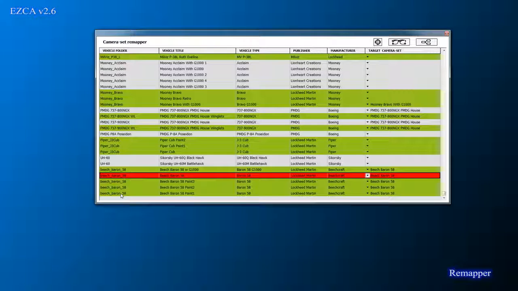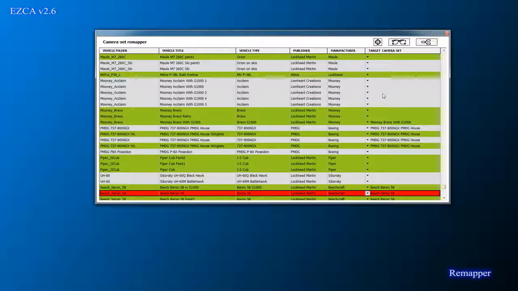As you may have noticed, the camera set has not been assigned for a number of planes. Here we can see the empty fields. Upon the first launch of version 2.6, Remapper will scan your camera sets and planes lists, and in case the planes' names and camera sets match, it assigns them in Remapper automatically. Thus, users of the old version don't have to perform any additional actions for Remapper upon the first launch of